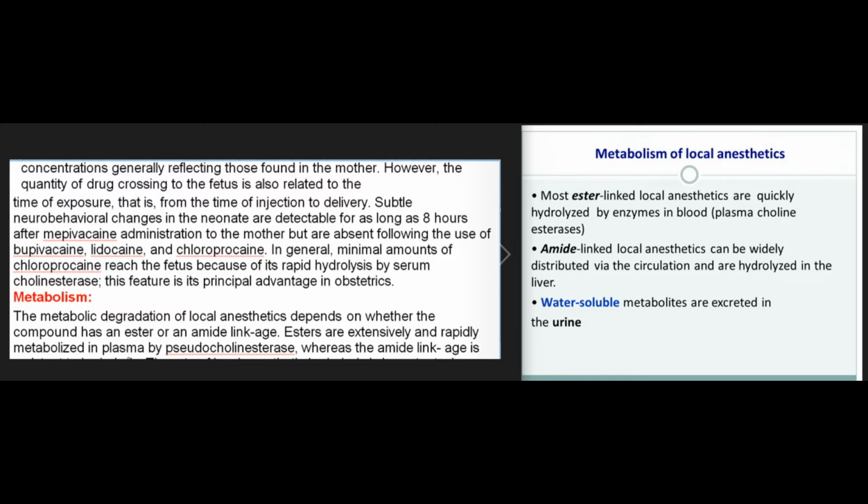Metabolism. The metabolic degradation of local anesthetics depends on whether the compound has an ester or an amide linkage. Esters are extensively and rapidly metabolized in plasma by pseudocholinesterase, whereas the amide linkage is resistant to hydrolysis. The rate of local anesthetic hydrolysis is important, since slow biotransformation may lead to drug accumulation and toxicity. In patients with atypical plasma cholinesterase, the use of ester-linked compounds, such as chloroprocaine, procaine, and tetracaine, has an increased